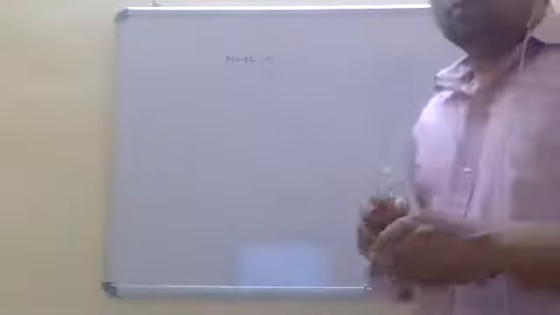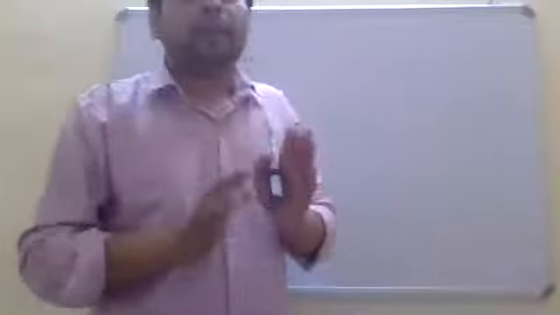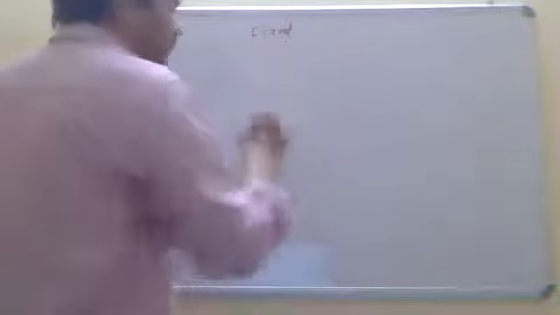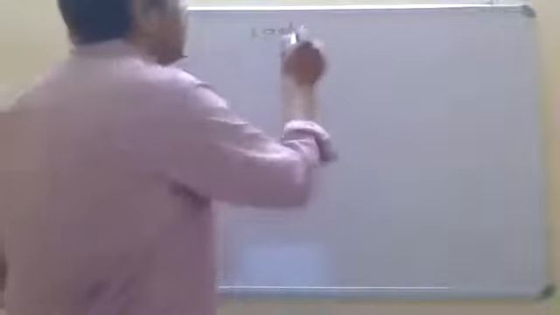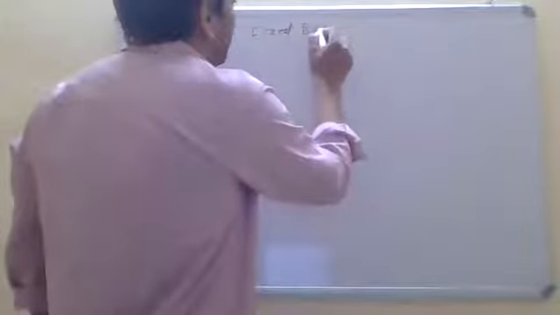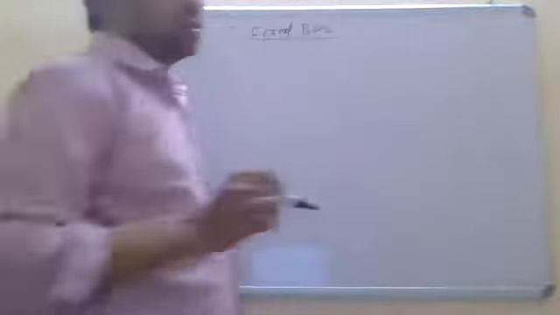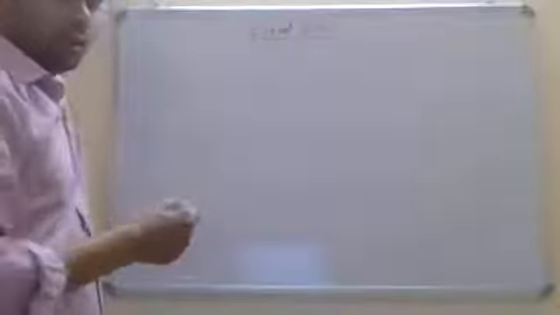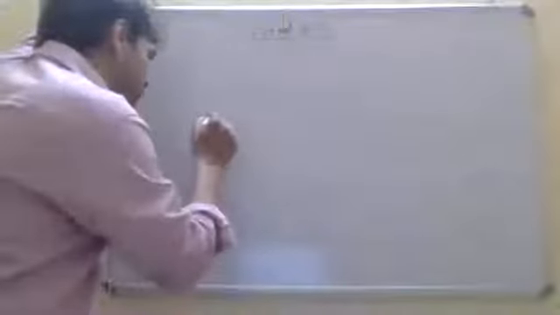For biasing, we have some methods. The first method is fixed bias. You can write here fixed biasing, or fixed bias method. What is the fixed bias? For this, we have to consider one circuit, and we have some structure like this.